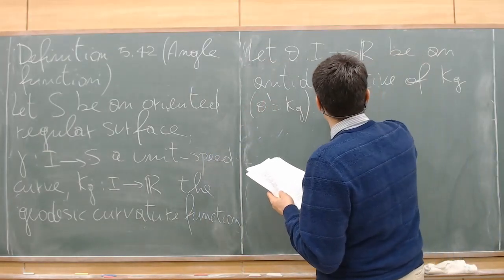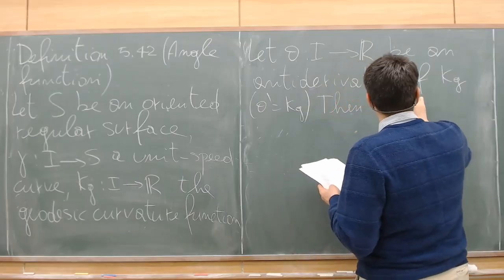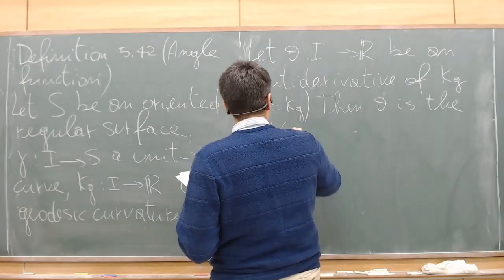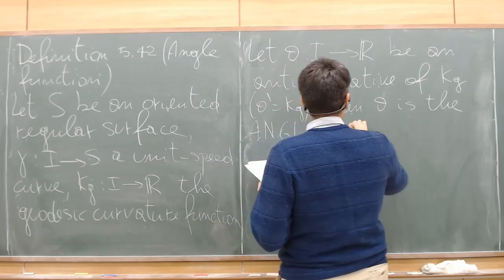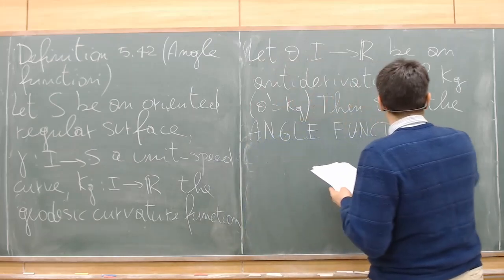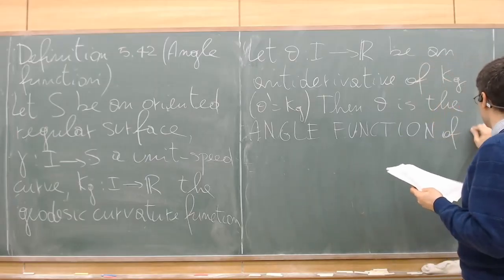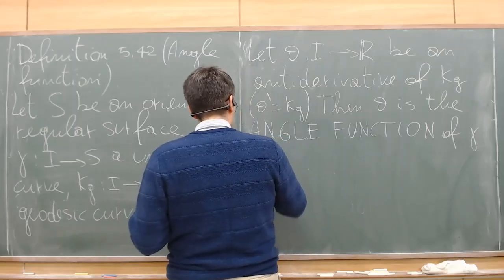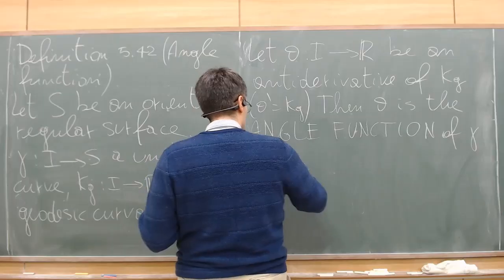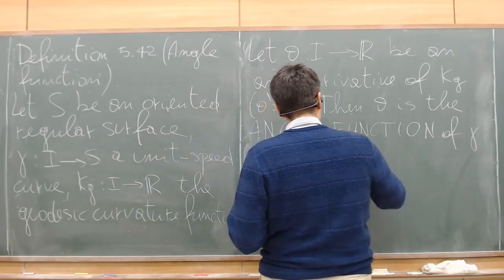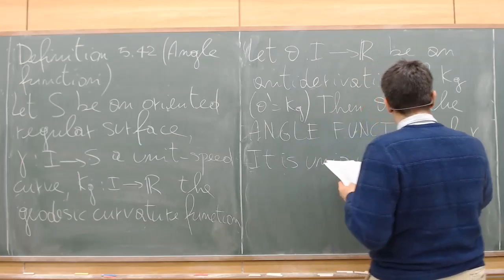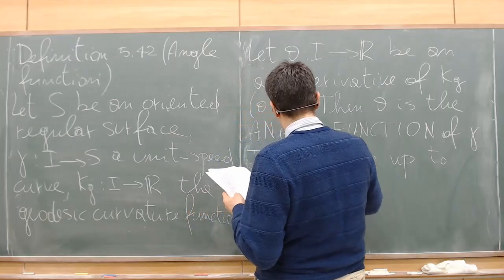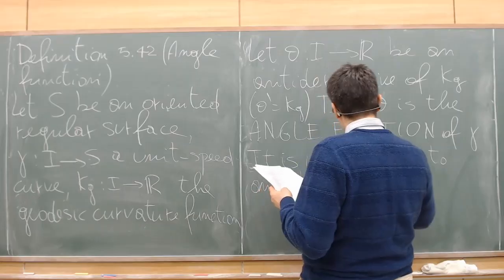Then theta is the angle function of gamma. It is unique up to an additive constant,